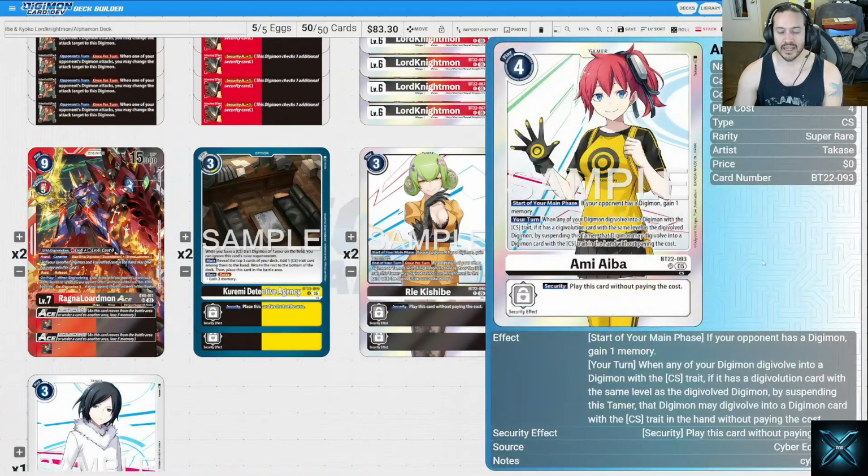And then we have Amy Iba here. She costs you 4, which is a little more pricey, but start of your main phase, if your opponent has a Digimon, you gain a memory. So throughout the game, you're going to recoup that 4 memory, no problem. Your turn, when any of your Digimon digivolve into Digimon with the CS trait, if it has a